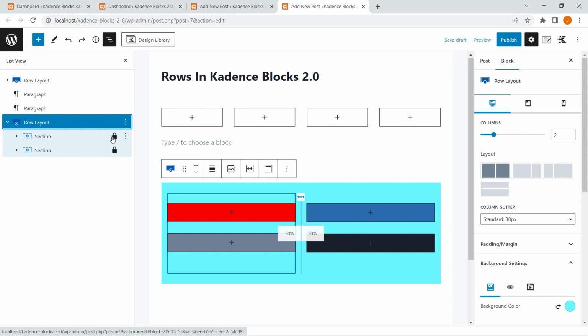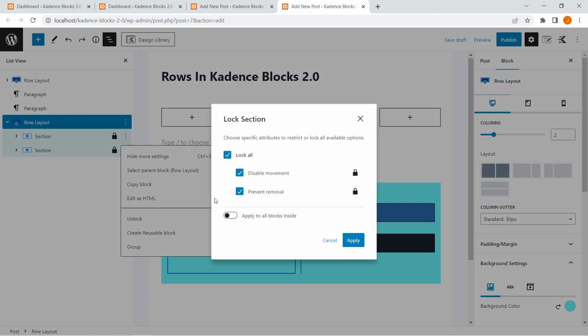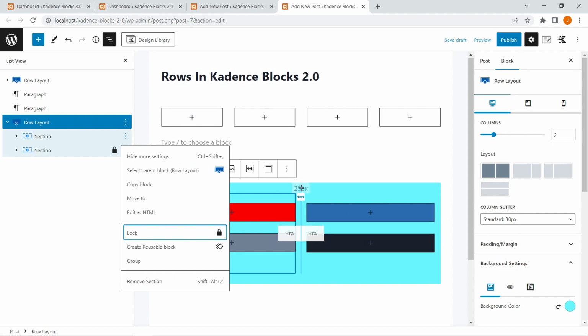Now understand it this way, for a new user, block lock is a very confusing feature, because they wouldn't know what to do and why this block comes locked by default. Basically this icon would confuse them, right? And if I try to unlock this, you can see the movement is blocked and the removal is blocked, right? Both of these actions are blocked, and only if I unlock it, then you will be able to swap